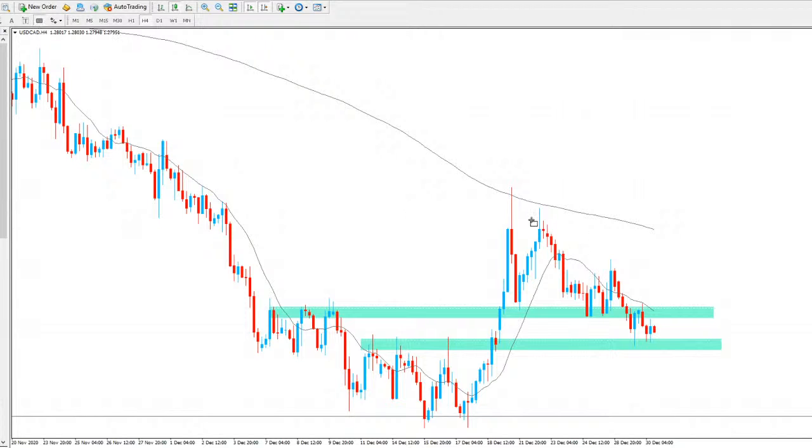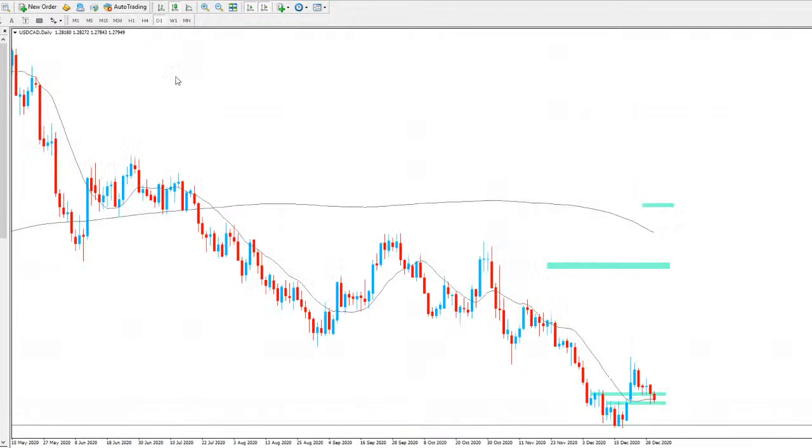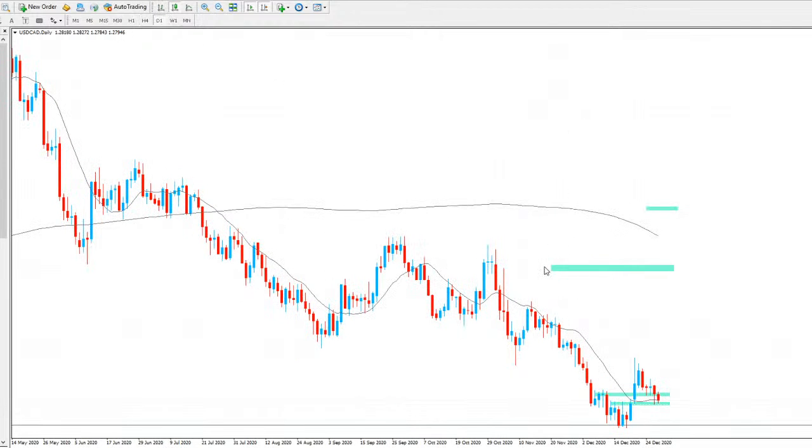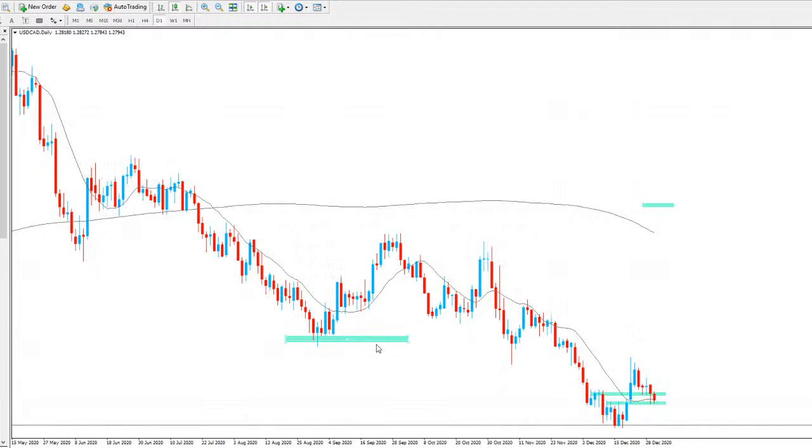Again, back to the highs previously up here where we kind of double topped, or potentially even see price go further to around 1.3 on the daily chart. As you can see here, if I highlight this area all across here, this area all across here is all support on the daily chart. We haven't retested it, we almost did there, but I still think there's room to the upside for USD/CAD